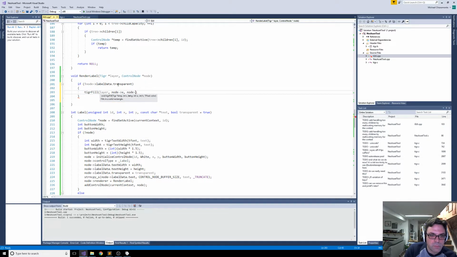Node X, node Y, node width, node height, node background, right? Are we setting the background anywhere here? No, we're not. So